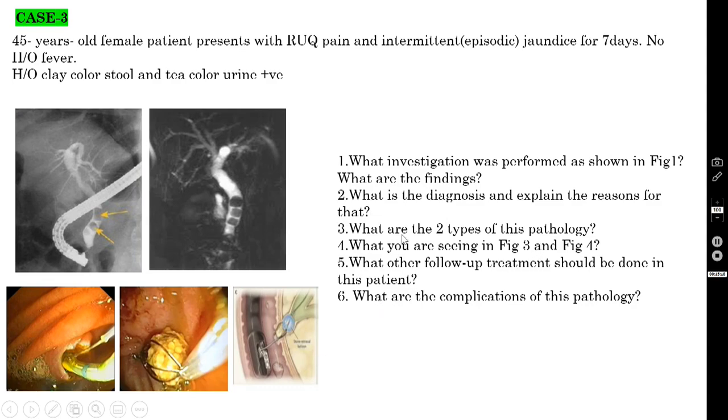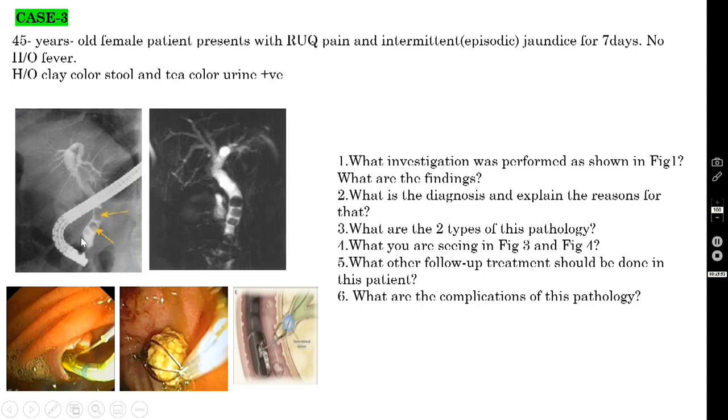What other follow-up treatment should be done in this patient? Apart from doing CBD stone extraction, either by Dormia basket or by balloon sweep, you should also do cholecystectomy, either open or laparoscopic. You can do this in the same admission, or you can discharge the patient and do it within a couple of months. But you should do cholecystectomy